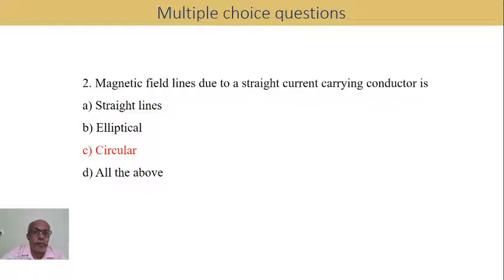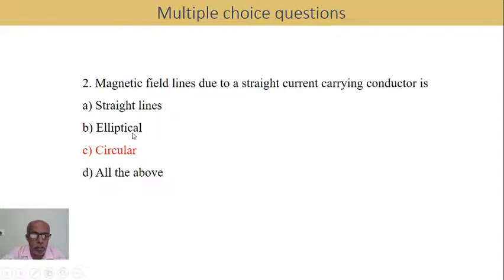Second question: the magnetic field lines due to a straight current carrying conductor are. In the first question, we said that magnetic field lines will be produced around the current carrying conductor. The second question is, yes, these magnetic field lines produced due to a current carrying conductor are of different shapes. What is the shape? Magnetic field produced by a straight current carrying conductor will be in straight lines, or will